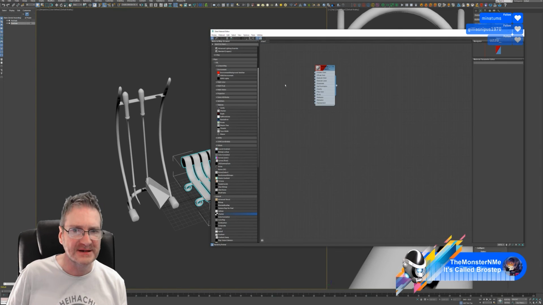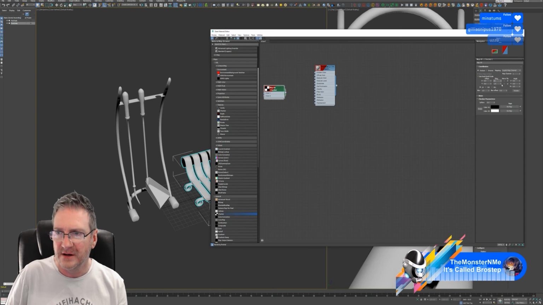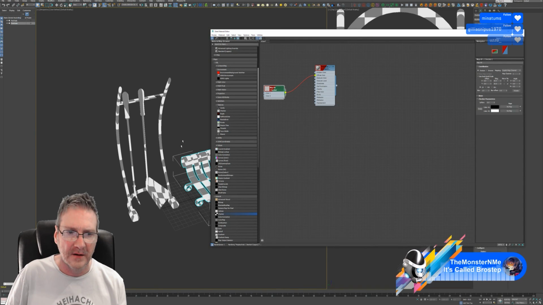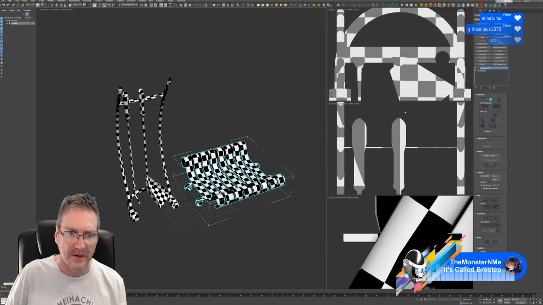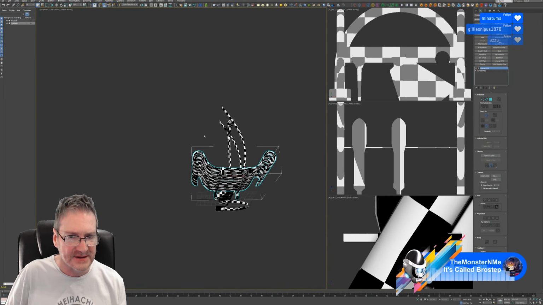Let's check our texel density really quick by throwing a checker pattern down. We'll go to 20 by 20 tiling. And our texel density looks good.